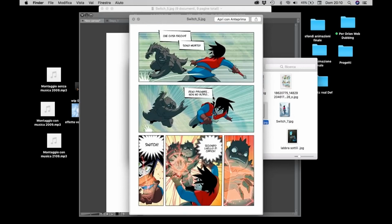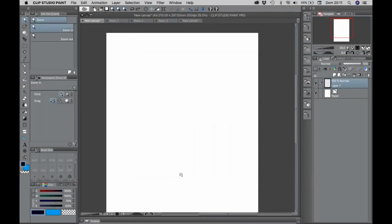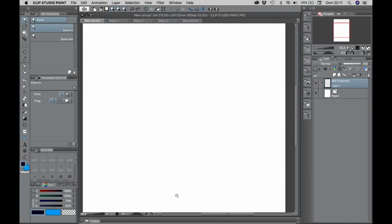And we're gonna see how to ink the page, and how to put all the halftones and kinetic lines and balloons. It's a lot of stuff. I should be able to stay in the hour. I really hope it's gonna be like that. So okay, let's start. What I really like to do is to